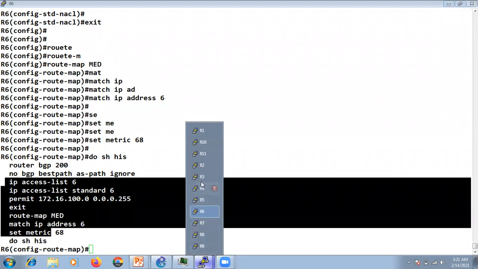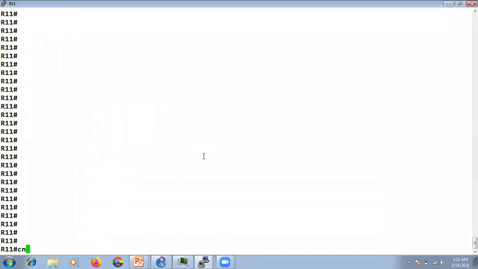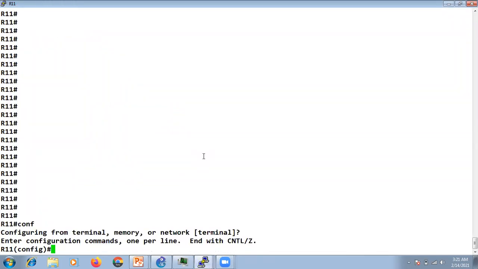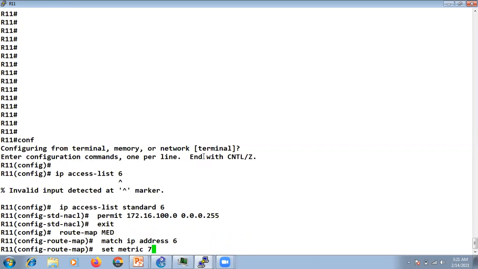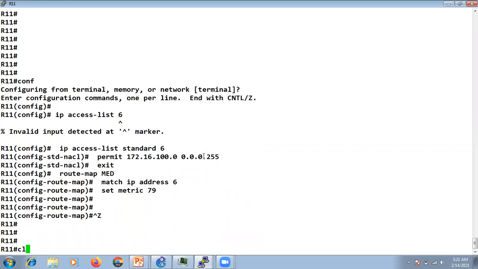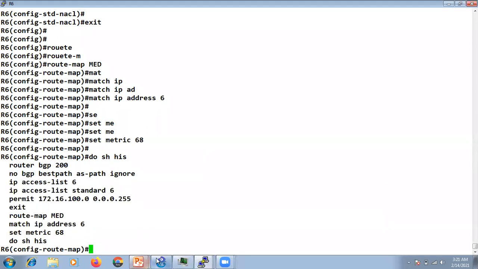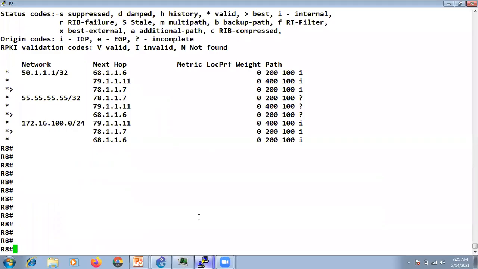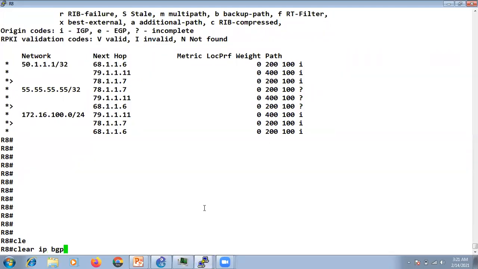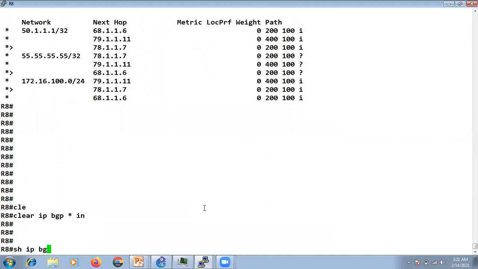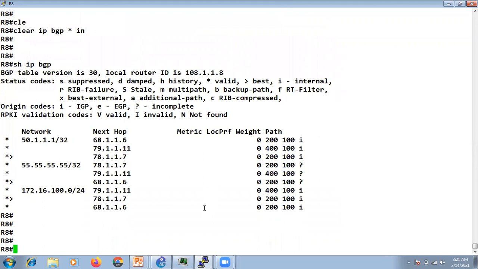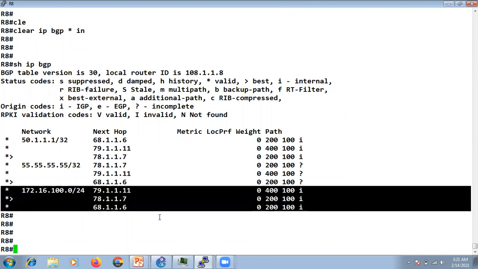And from R11 we'll send 79. Okay. Now let's go back to R8 and clear the update. Clear IP BGP star in. Okay. Now let's see.